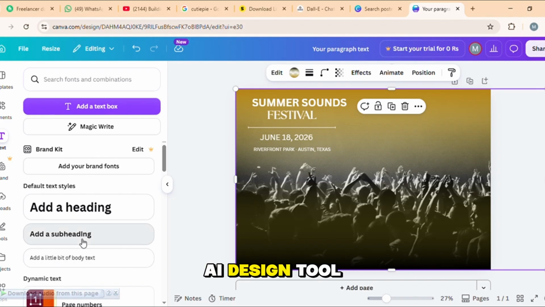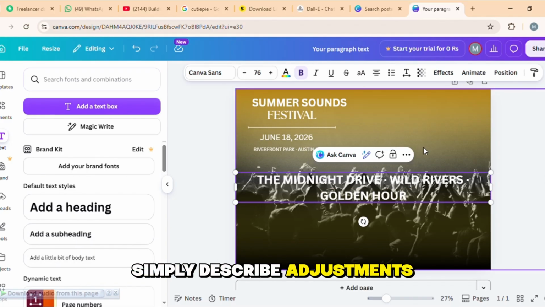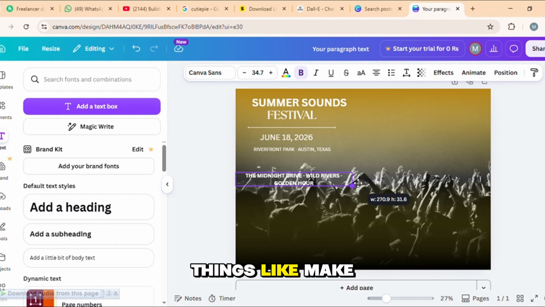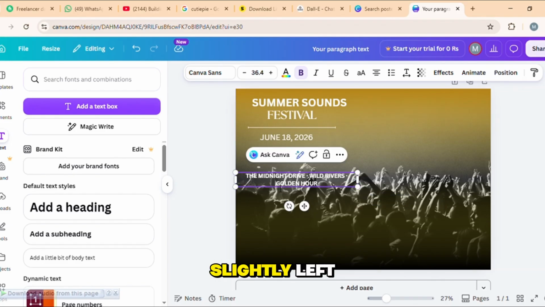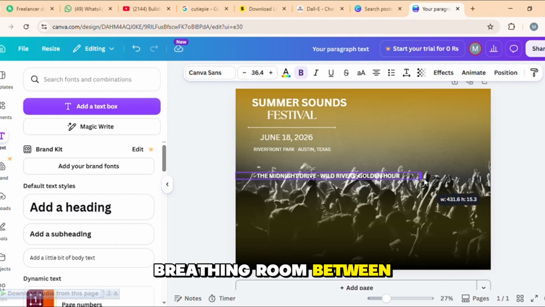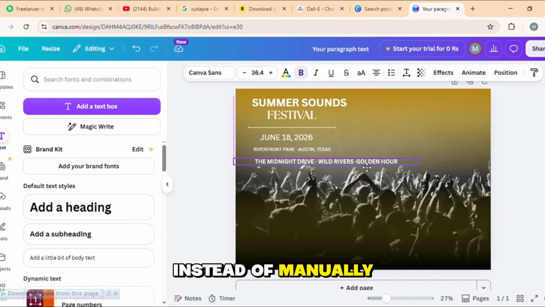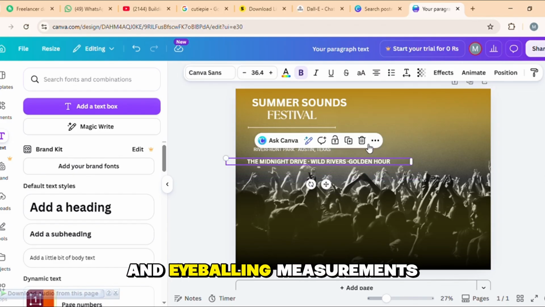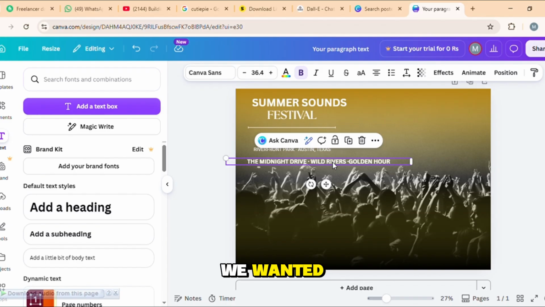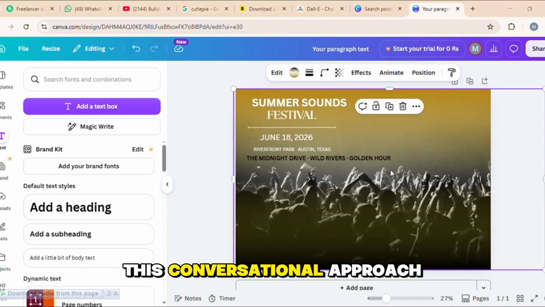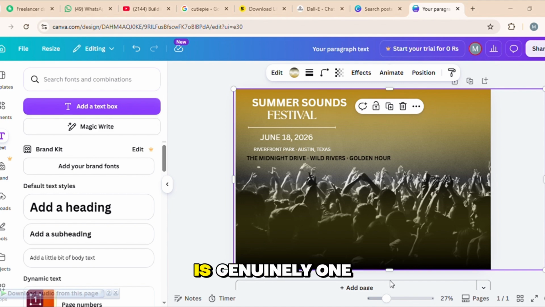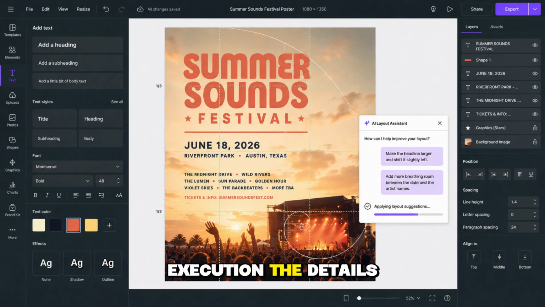We used an AI design tool that let us simply describe adjustments in plain language. Things like make the headline larger and shift it slightly left, or add more breathing room between the date and the artist names. Instead of manually dragging elements around and eyeballing measurements, we described what we wanted and the tool handled the precise execution. This conversational approach to layout adjustments is genuinely one of the most underrated AI design features out there, because it removes the technical friction between your creative vision and the actual execution,